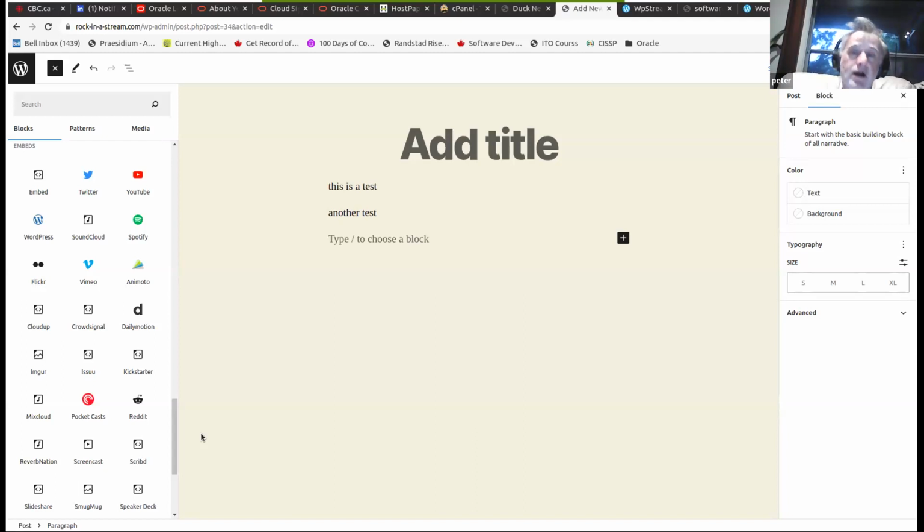Now, I think also there's a way to do this where somebody just gets a URL from you, and they can then display your live stream in their own page or on a browser page or whatever. They don't have to be in a site or go to your site. But there's bound to be a block that's recommended for use. Let me just see here now, what should I look for?